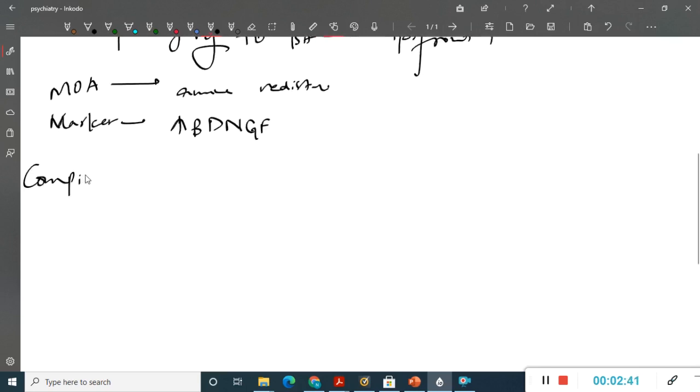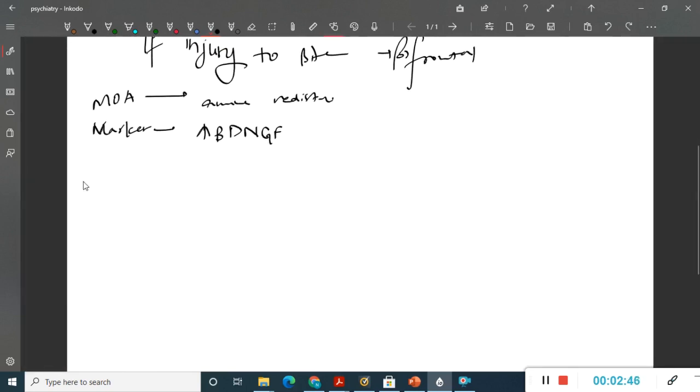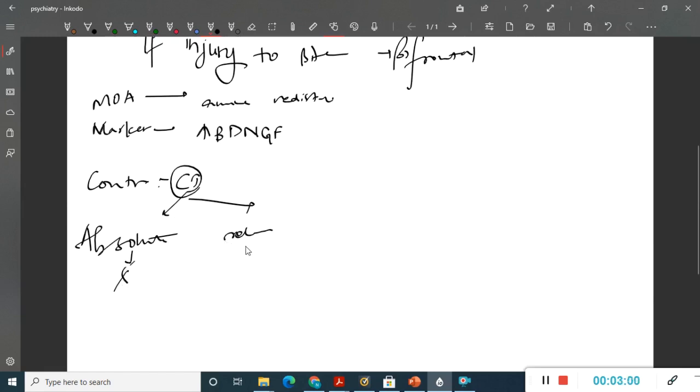Once you have learned about this, you have to look into the contraindications. Many questions have been asked, especially on contraindications. There can be absolute contraindications or relative contraindications. There are no absolute contraindications. The relative contraindications are raised intracranial pressure, recent MI, and pacemaker activity. Those are the main contraindications.